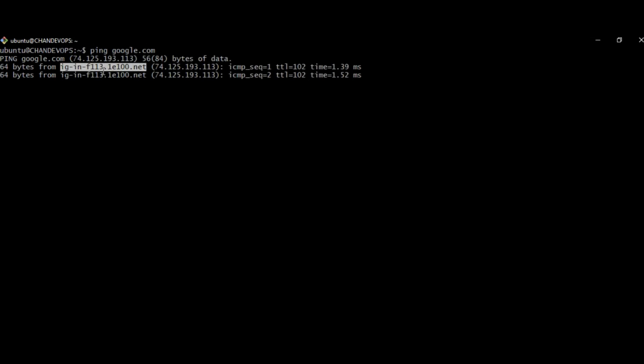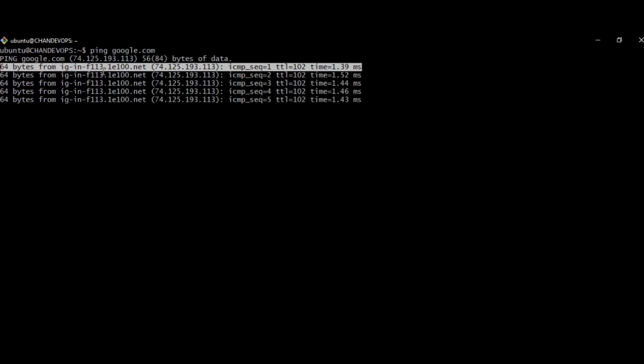So ping can be used for two purposes. One is to check whether a network connection can be established, and the second is to check the speed of the connection. So suppose I am going to check with google.com. It will display its IP address and the packets.